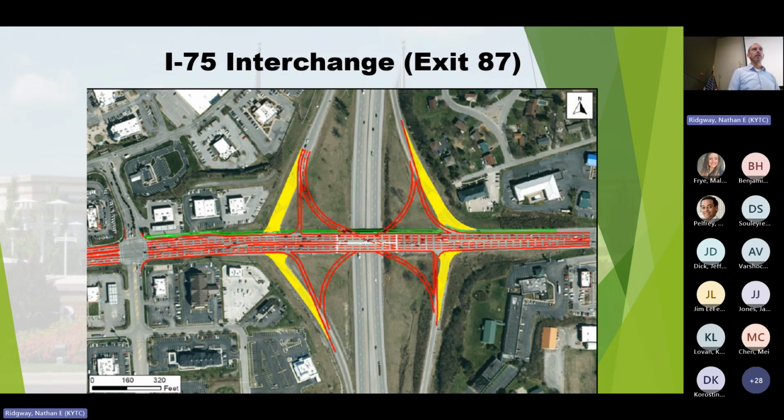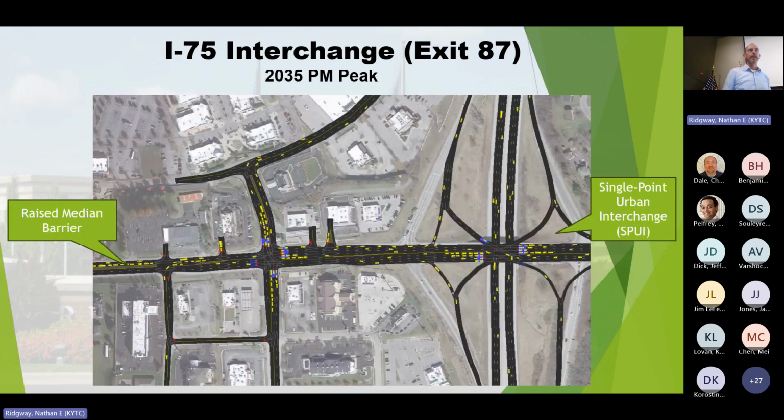So the I-75 interchange, this is one of the big drivers, the impetus of the study. Some of the operations were an issue in terms of just the sheer traffic congestion that's out there now and anticipating what that's going to be in the future. So this is going to be important to get that ball rolling on this project. But as you know, if you've ever worked on interchanges in an urban area, you can't just look at things in a vacuum at that interchange. All the adjacent intersections and driveways have an impact on how traffic flows and the safety throughout that area. So